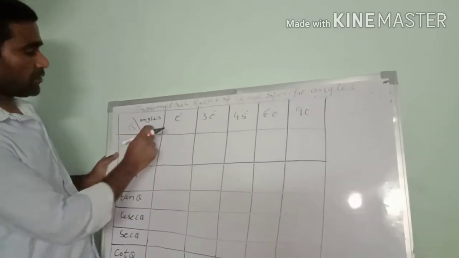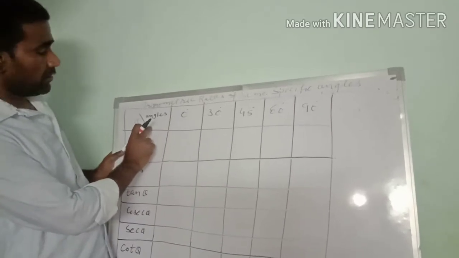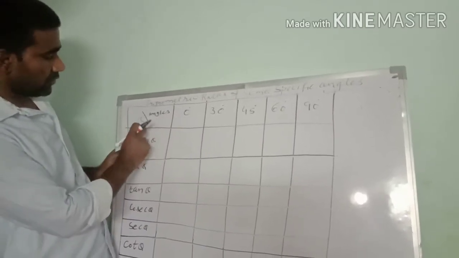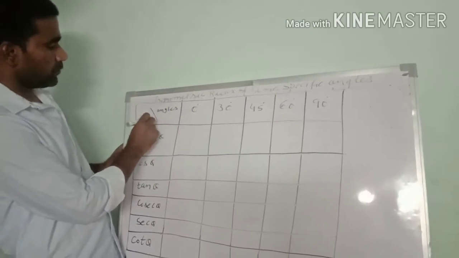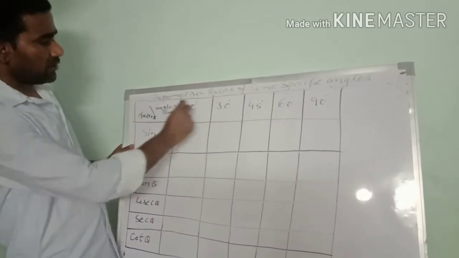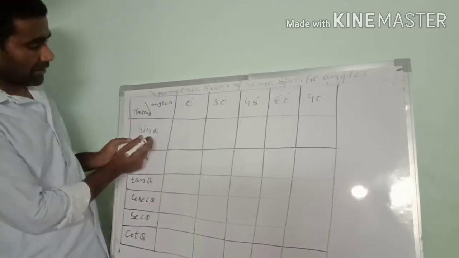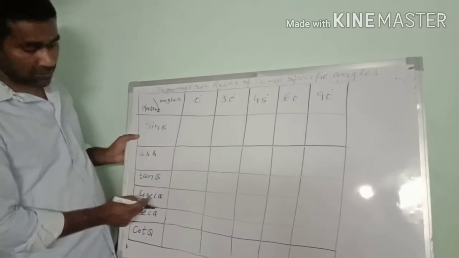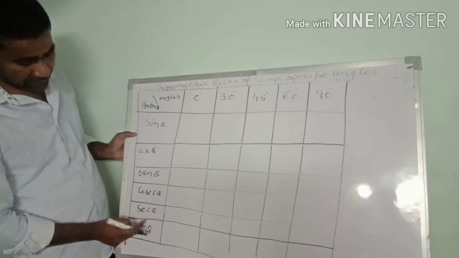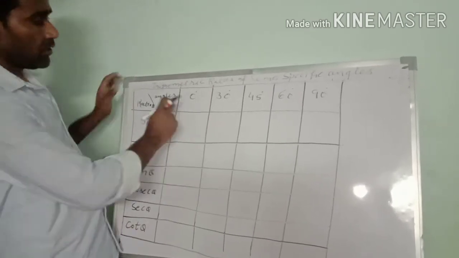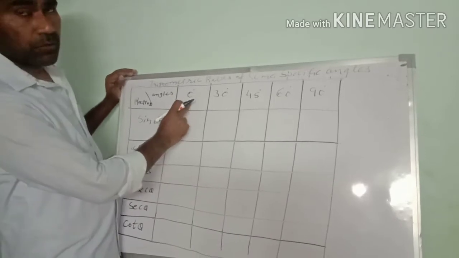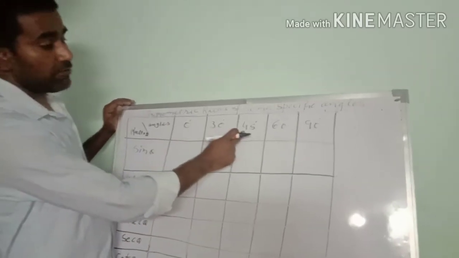So first of all, everybody write here angle and the ratios also. This is the ratio here, and this is the angles here. Write here sin theta, cos theta, tan theta, sec theta, cosec theta, cot theta. So write here all 6 trigonometric ratios, and in this way, first of all write 0, 30, 45, 60